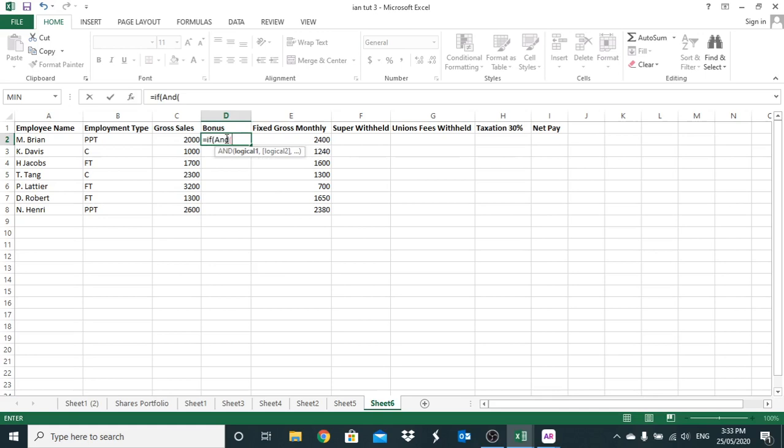And if the cell C2 is greater than 2,000, comma, OR, open brackets, B2, which is the type of employment,